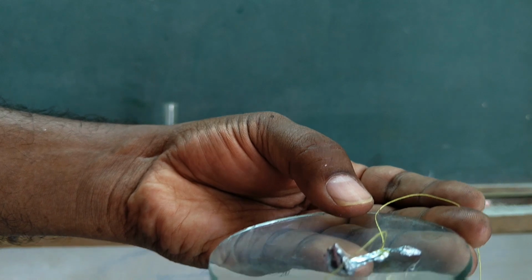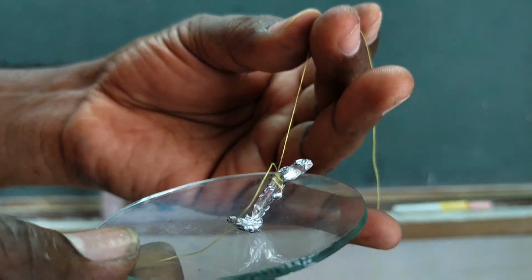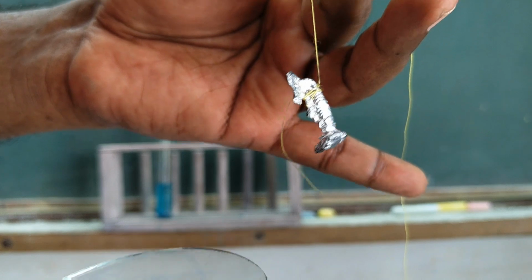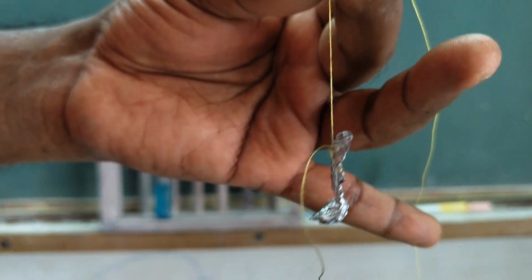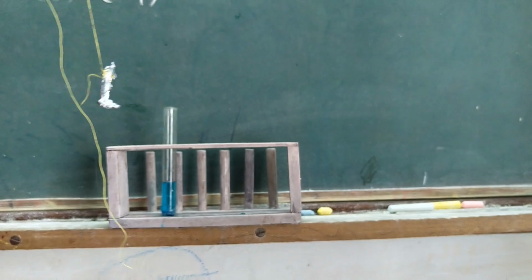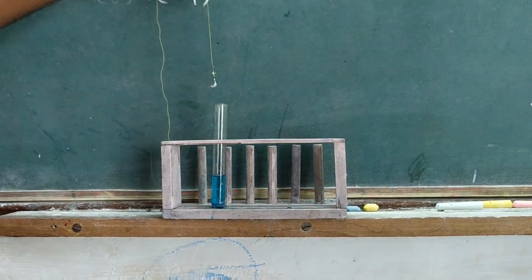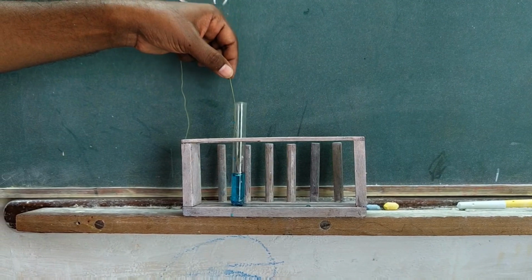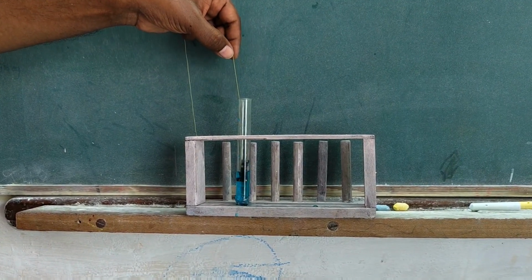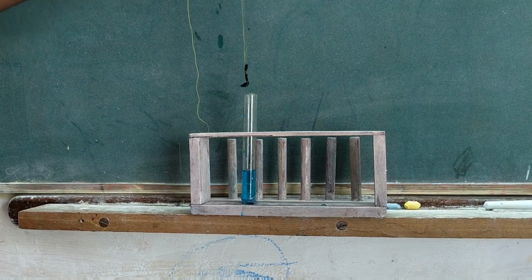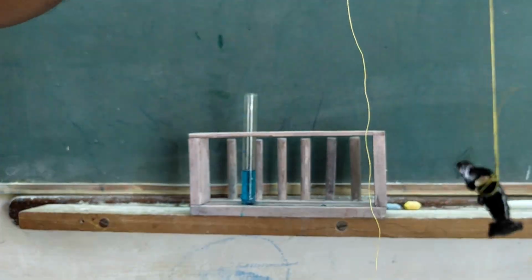This is zinc metal and I have tied this zinc metal with a string so that when we dip this inside the CuSO4 solution, we can take it out immediately. Now we will see how CuSO4 solution reacts with this zinc metal. Now here, as we know, this is CuSO4 solution. I will dip this inside it. Now here we can see immediately it got a color change. Here some copper got deposited. As we know, zinc is a very highly reactive metal, so it reacted with copper sulfate very immediately.